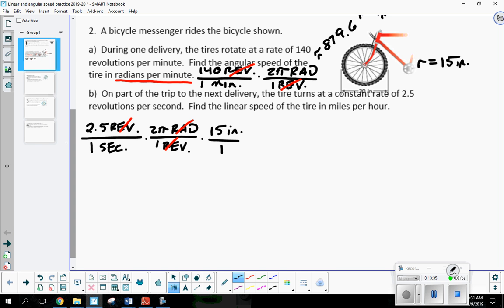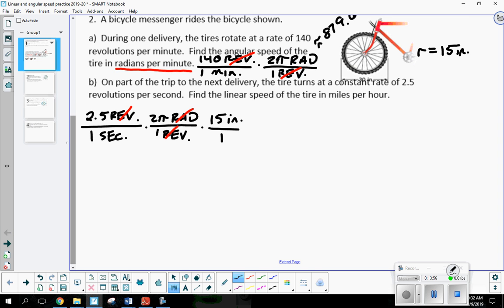What does it want? Miles per hour. So we're going to have to convert both of those. Again, in the beginning, I'm going to take it one fraction at a time. If you feel comfortable already, or eventually, to combine several fractions so that you don't have to do this, please feel free to do so. I just don't want to lose anybody. What do you want to start with, time or measurement?